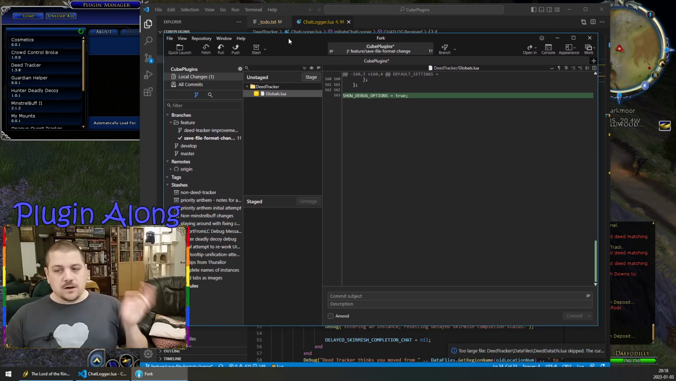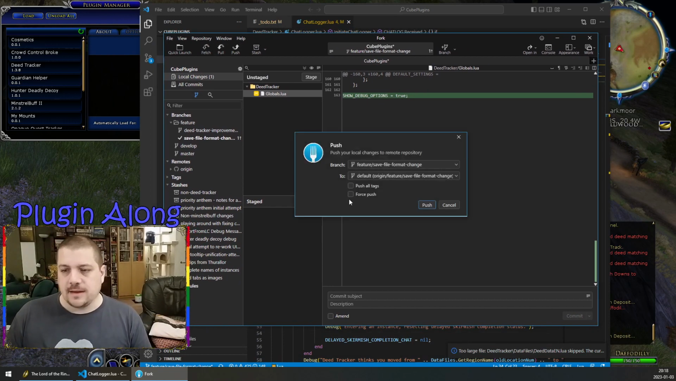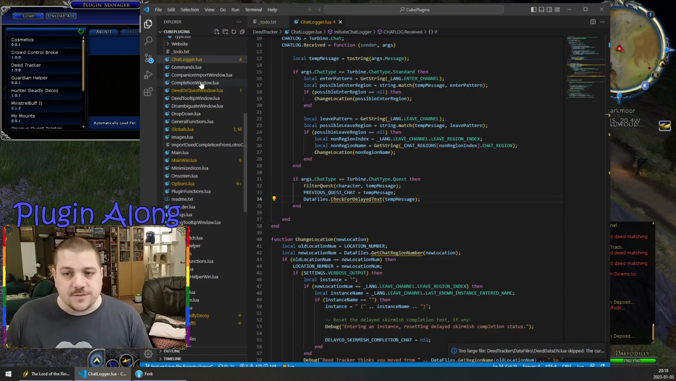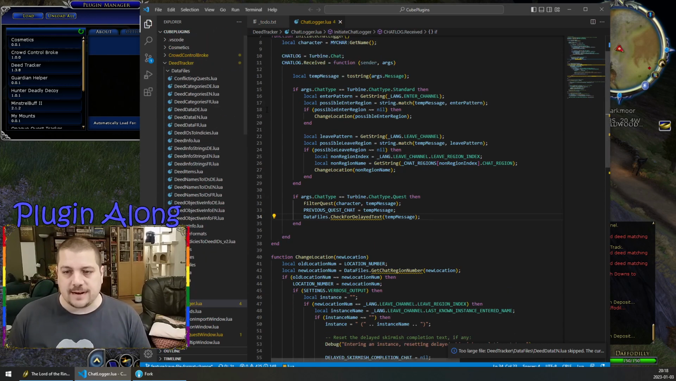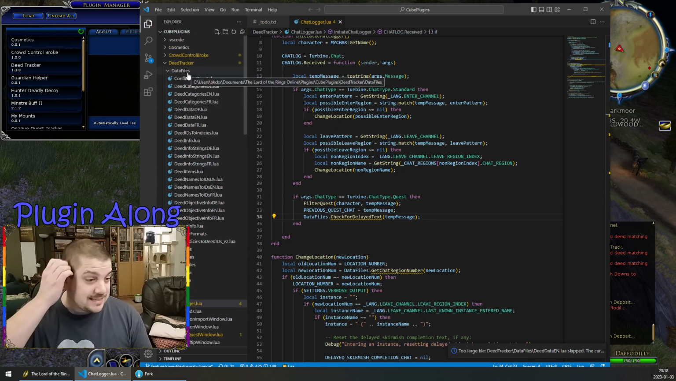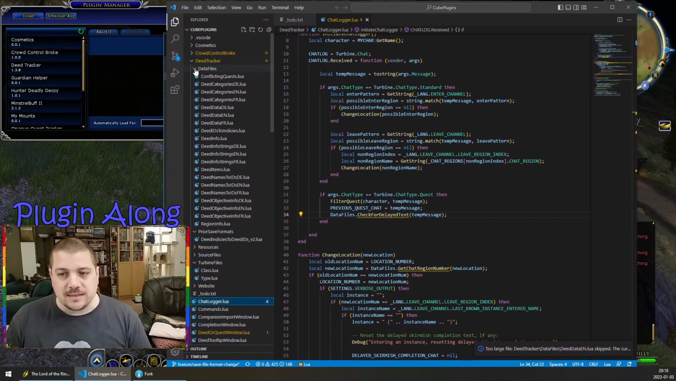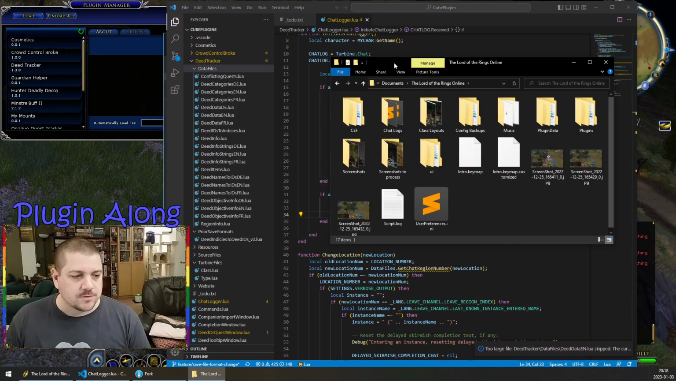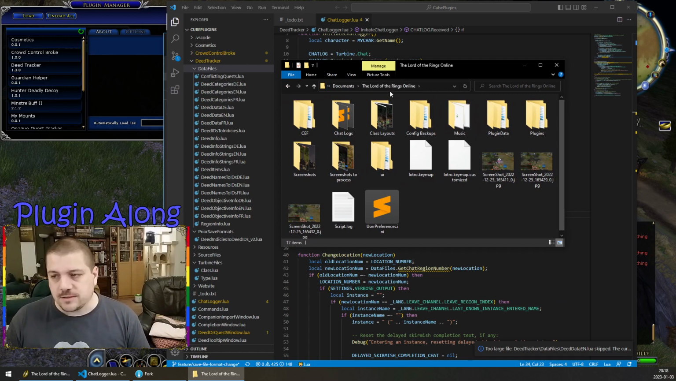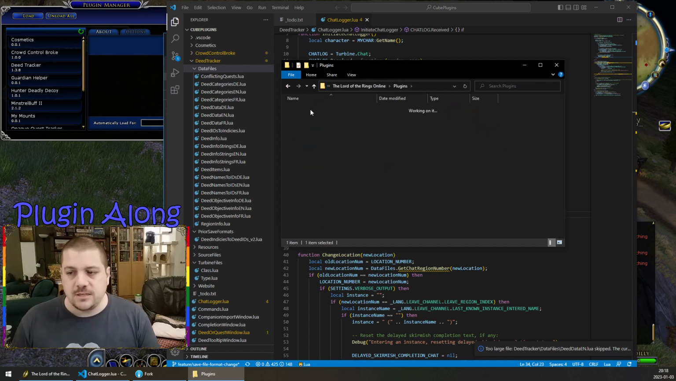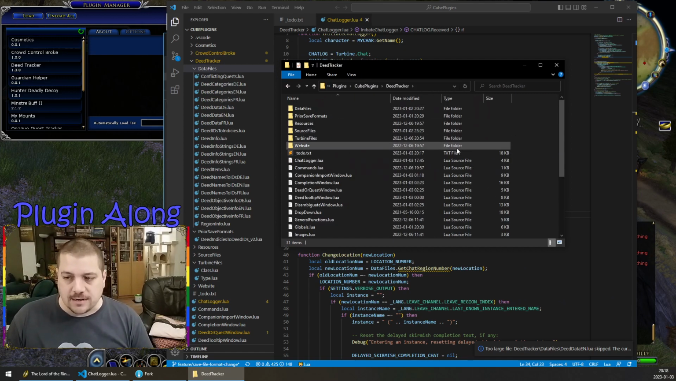Okay, so what is going on with the data files? First of all, a thing I want to do with the data files is to put them in their own directory, because they have ballooned here, as there tends to be one for each language. Let's pull that up in our Windows Explorer window. If we go into Documents, Lord of the Rings Online, Plugins, Cube Plugins, Deed Tracker, right now what we've got is